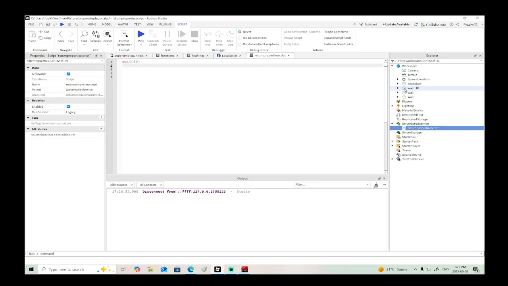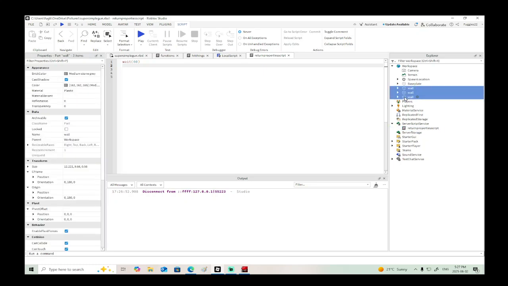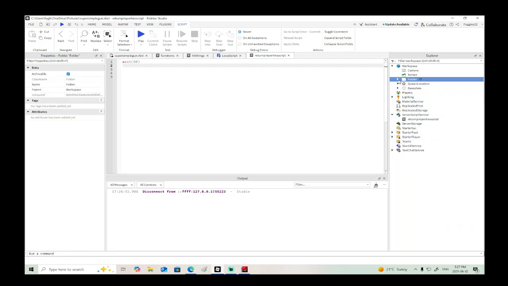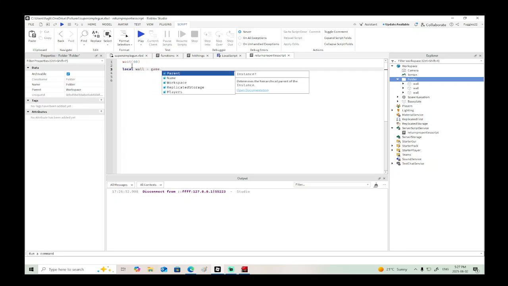Let's see how this could work. So this is going to have to be grouped into a folder. And then we're going to have to say wall equals game.workspace.Walls. And then we'll say get children. There we go. And then it'll get all these in here. And then we can say